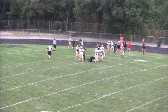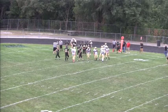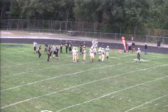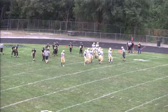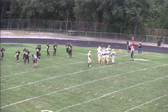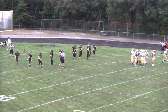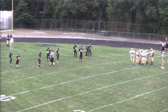Stanley picked his spots, and he pretty much walked straight in for another Cougar score. A little sweep to the right, so he adds another 6. That'll bring it up to 28 to 12 for your Cougars against your Buffaloes. 3 minutes and 22 seconds remaining in this ball game, and Patrick appears to be going for 2 points on